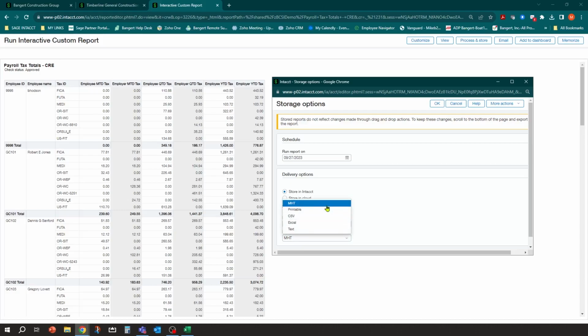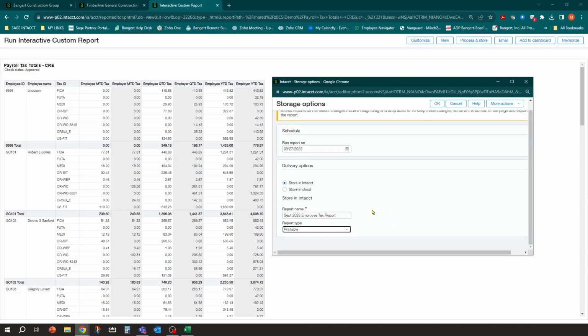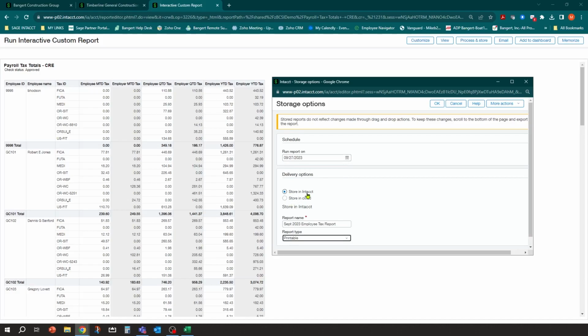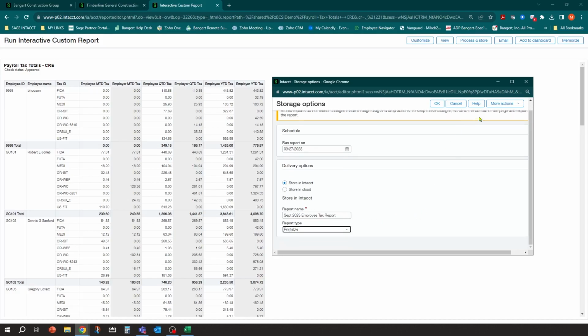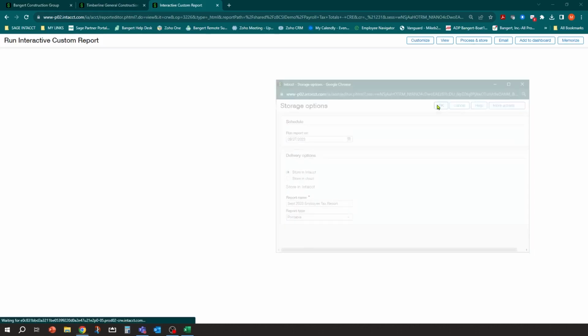Pick the type that you want it to be. I want it to be a printable report. And I'm going to store it in Intact. So what I can do now is I can click OK. And that report will run in the background. And you can see it here, reports being processed, check my stored reports, and I'll show you where that is in the system, and that'll run.